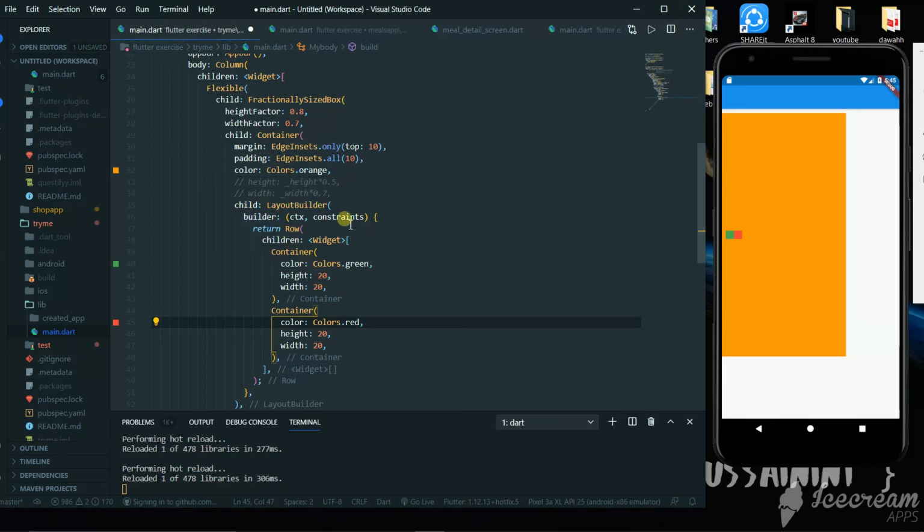So what we could do now is, instead of the values that we give manually, we can give constraints.maxHeight times 0.5, and similarly for width, which is constraints.maxWidth times, let's say, 45%.